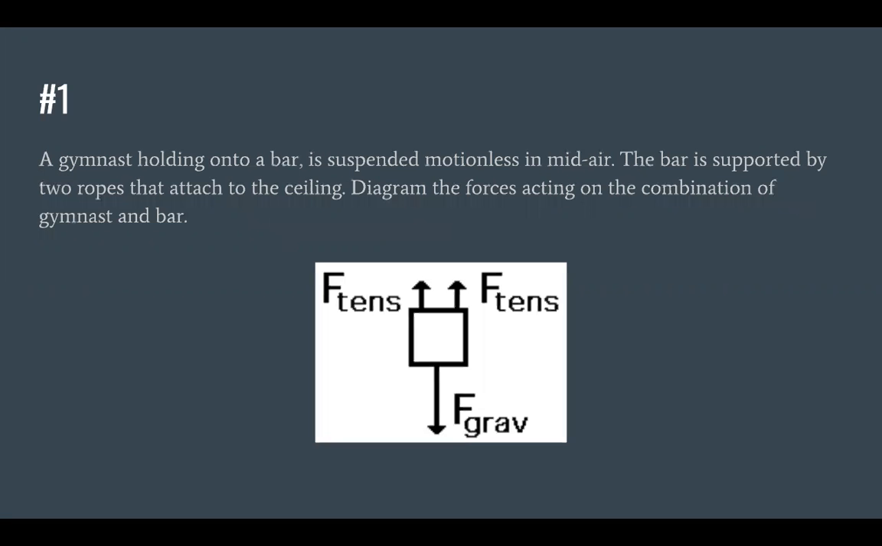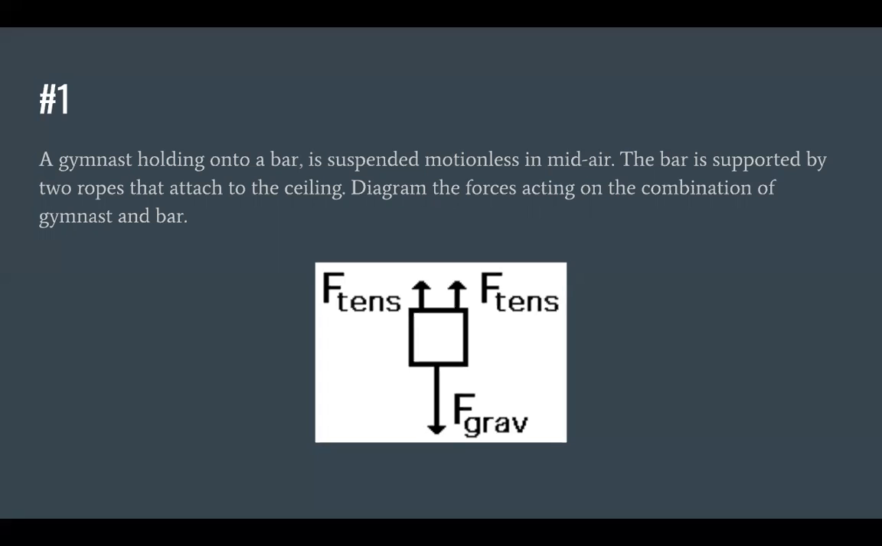Okay, so for this one, we're going to have the gravitational force pointing down on the gymnast and the bar, the mass of the gymnast and the bar, the weight of the gymnast and the bar pointing down. And then opposing that, we have the two tension forces. If the ropes are identical and at the same angle, then those tension forces are going to be equal to each other. But the main point is that there are two tension forces that together cancel out the force of